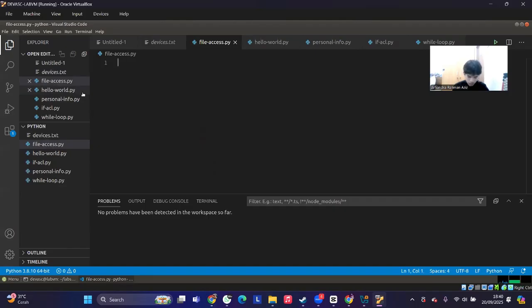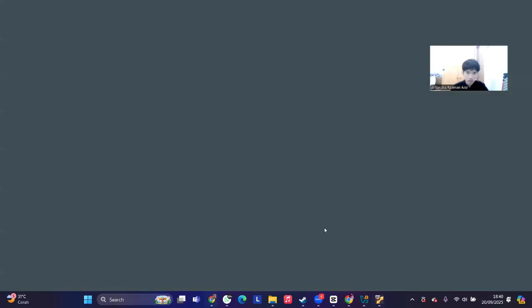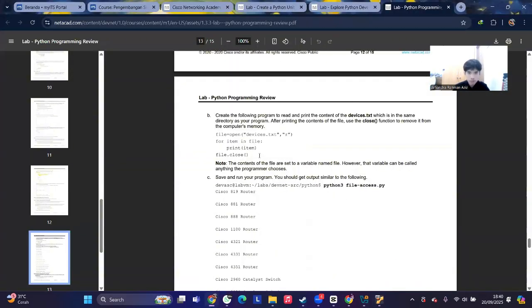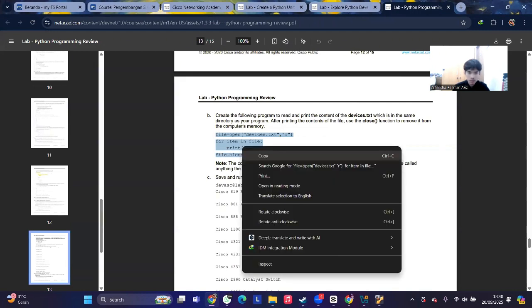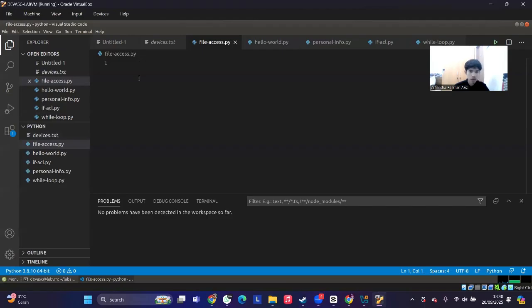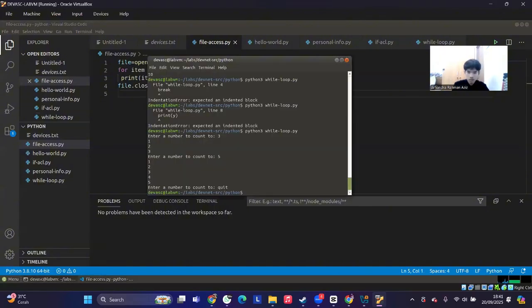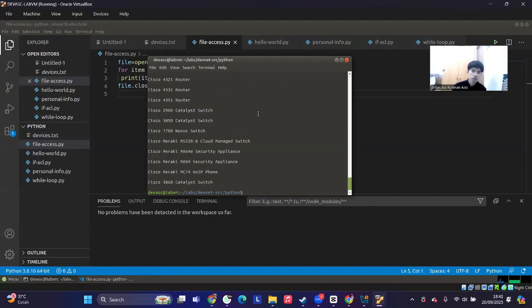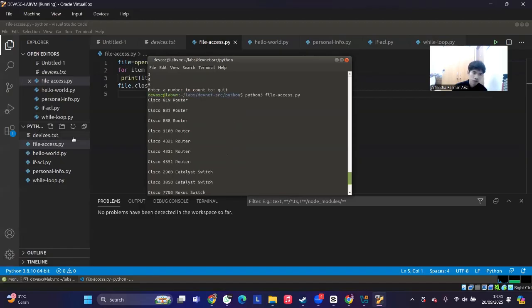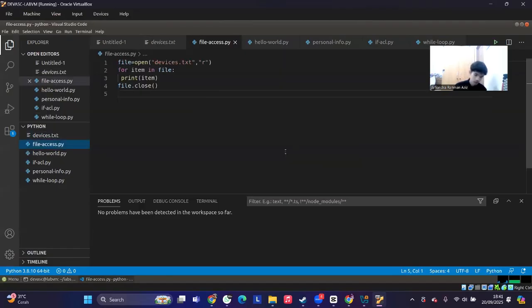Okay, so inside that I will copy this one. So we already have devices.txt, then save it. Then if we go back to the terminal and run file_access.py, it will show this file. So we access the external file using Python.